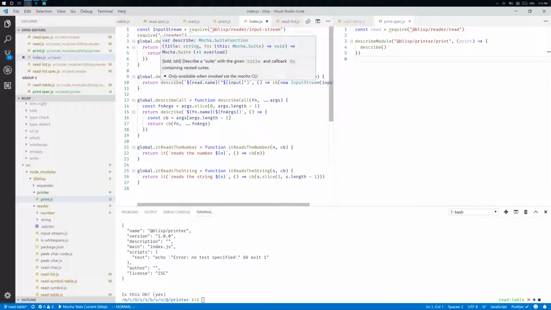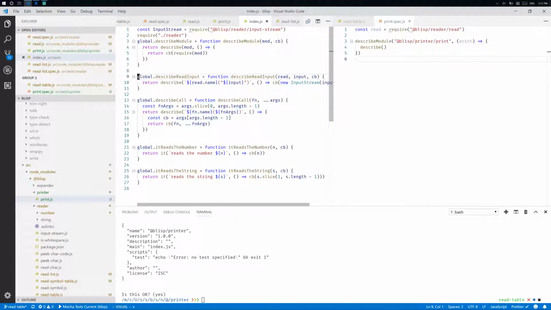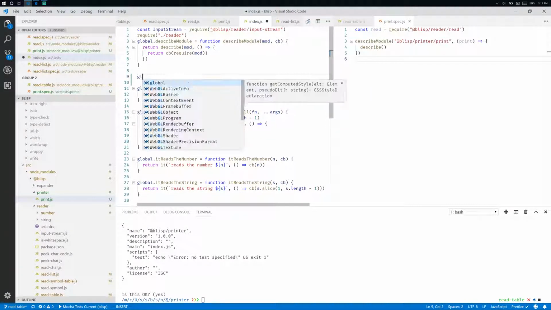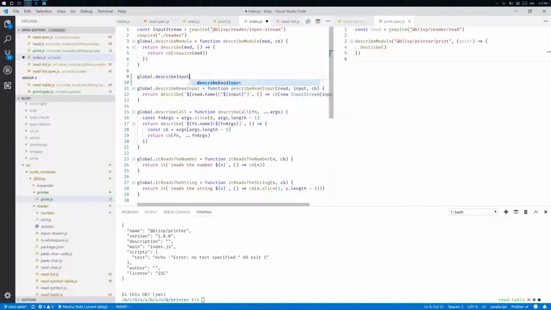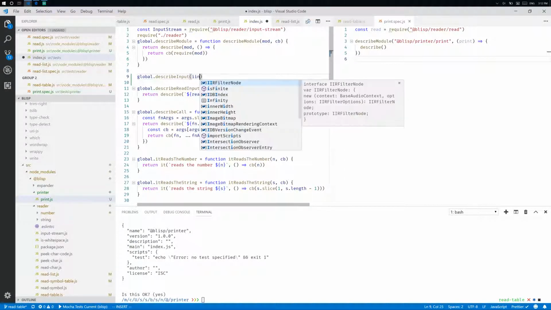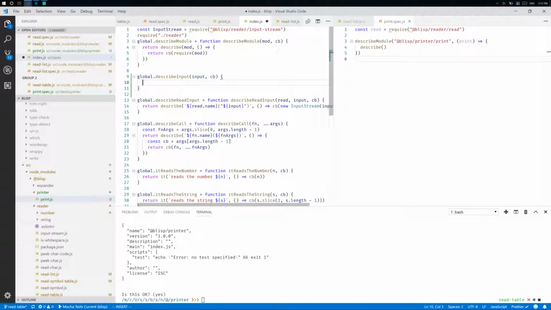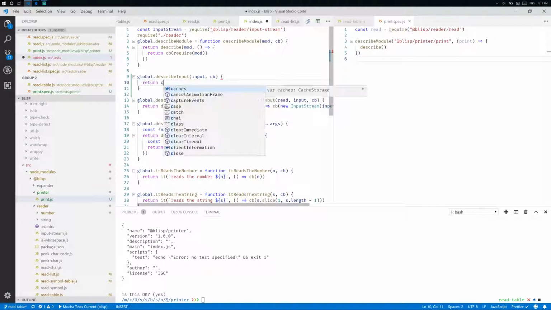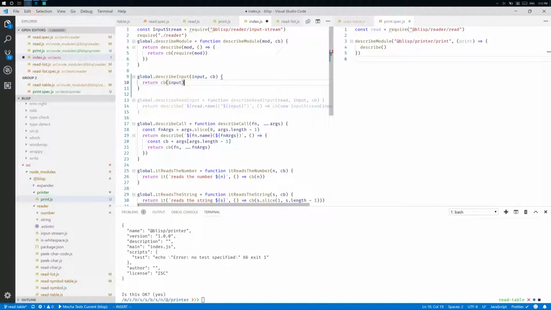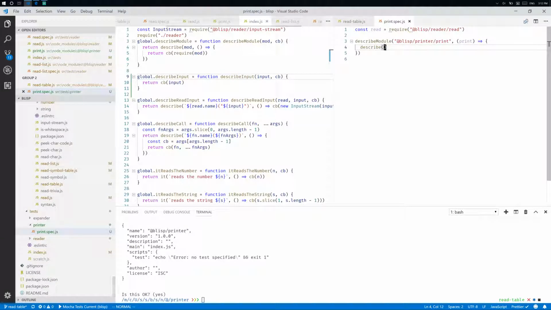I'm just going to make another function here, global.describeInput, and this is just going to take an input and a callback and return callback with the input. So this is really, really simple, but what it'll allow me to do here is